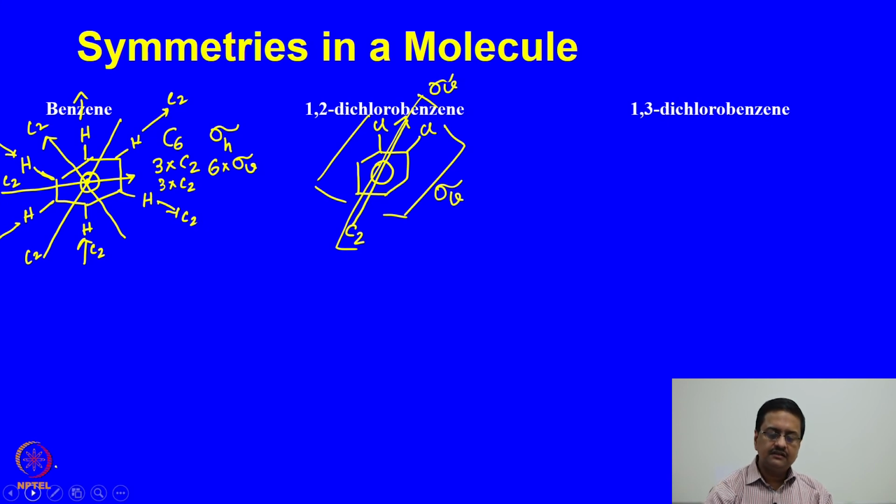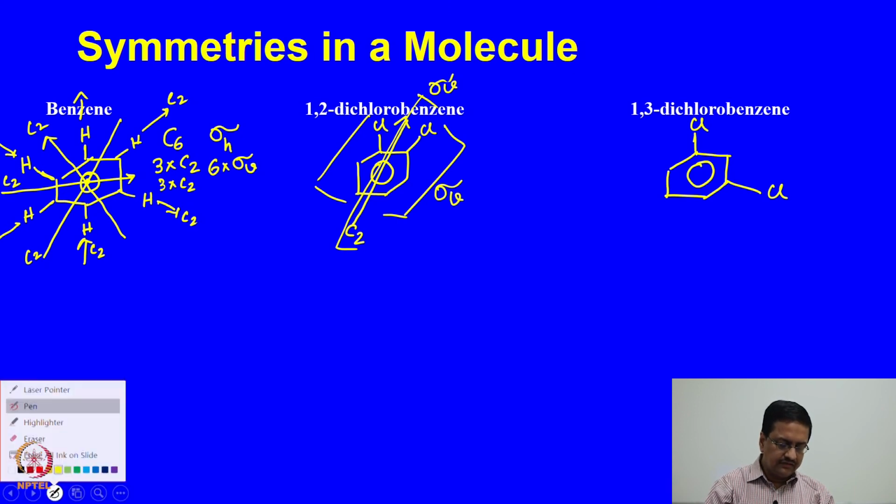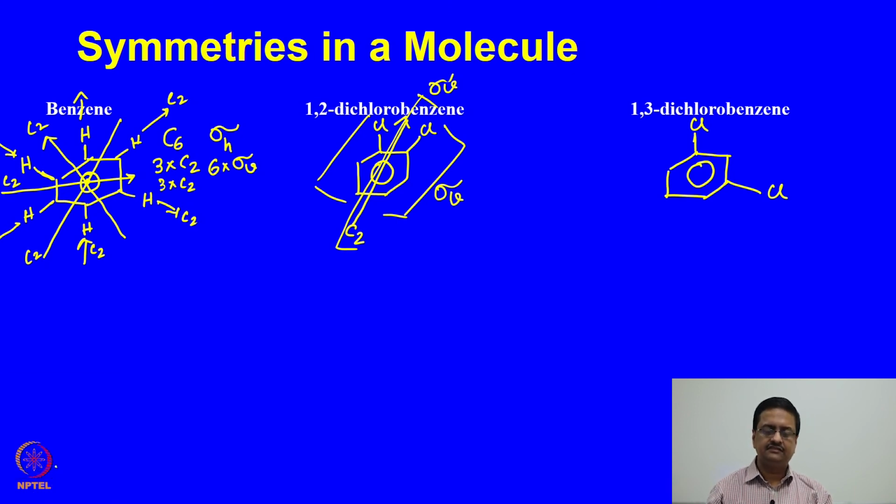Let us see 1,3-dichlorobenzene. So, here also, if you look at it very carefully, we have lost the privilege of C6, but then it also is very similar to 1,2-dichlorobenzene, because it has a C2 axis. The plane of the molecule is a sigma V, and a plane which is perpendicular to the plane of the molecule, but containing the C2 axis is another sigma